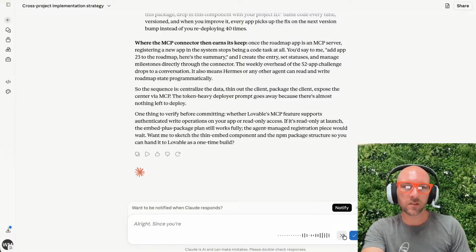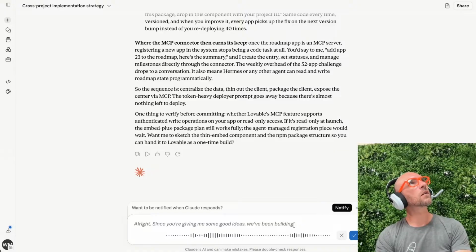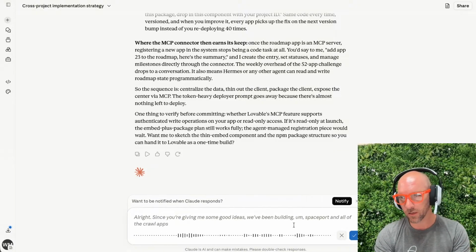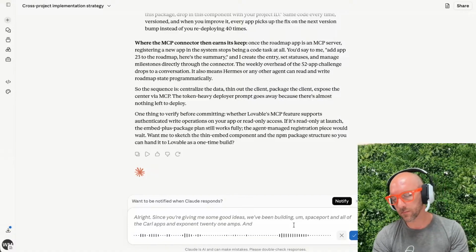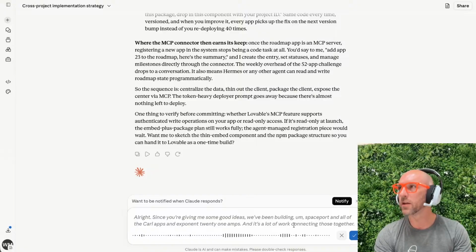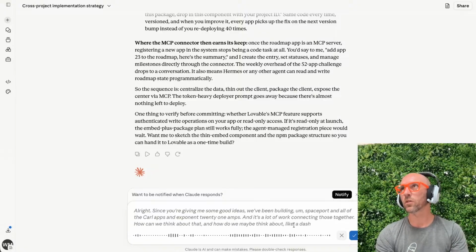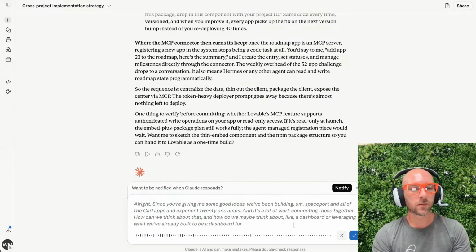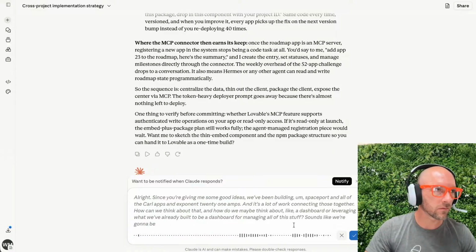All right, since you're giving me some good ideas, we've been building Spaceport and all of the CARL apps and Exponent 21 apps. And it's a lot of work connecting those together. How can we think about that? And how do we maybe think about a dashboard, or leveraging what we've already built to be a dashboard for managing all of this stuff? Sounds like we're going to be able to,